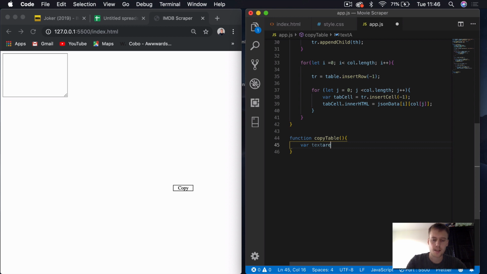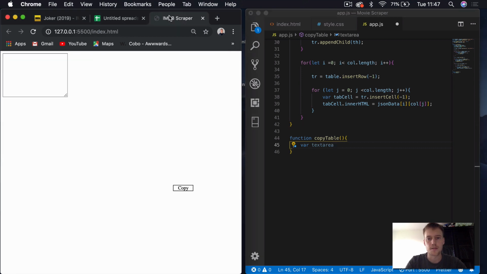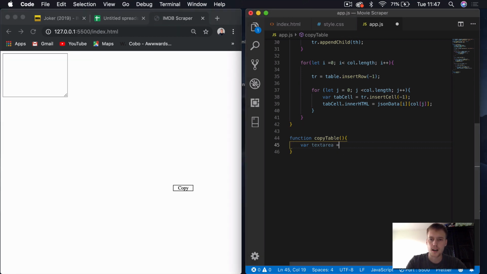So what we're going to do first is create a text area, because we're going to need to select our table row, take the text, create a temporary text area to copy our table row in Excel format. So what we'll do is say var textArea equals, not var, sorry,